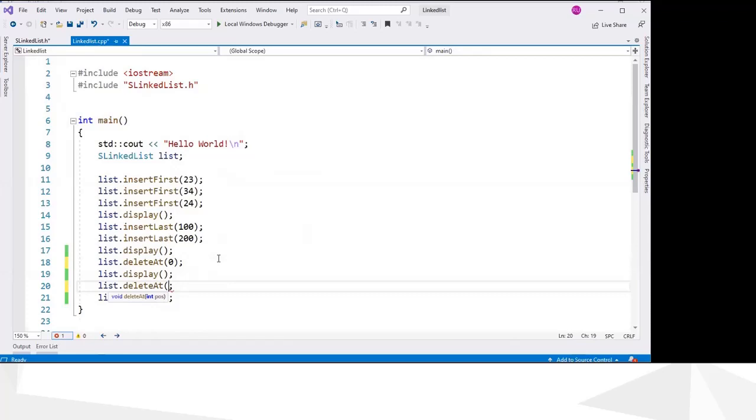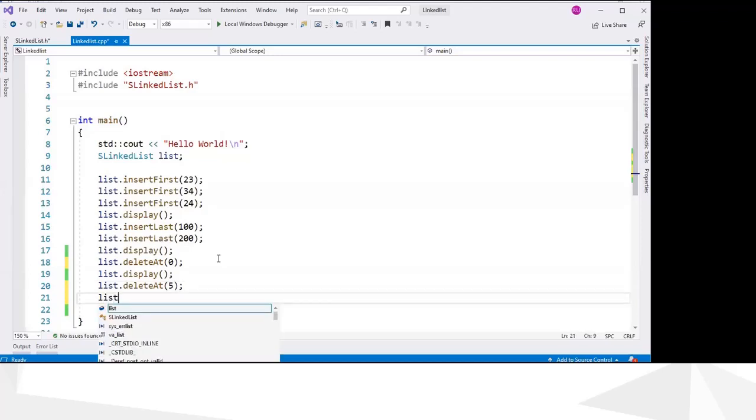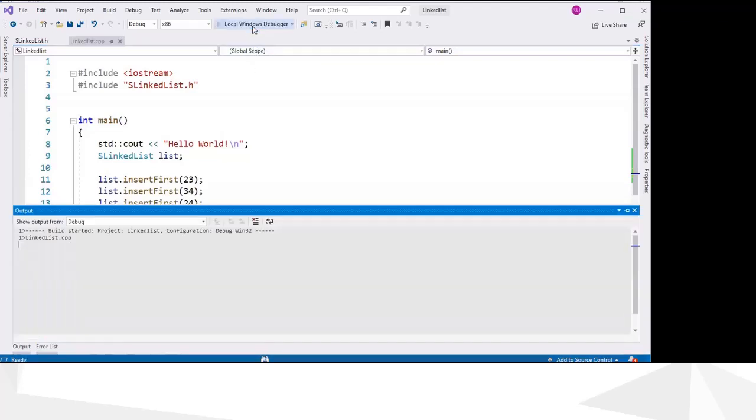We have 1 2 3 4 5 elements and we deleted 1 element. Now we have 3 elements. Okay, we will try to delete 5. 1 2 3. Okay, hopefully this one will work.